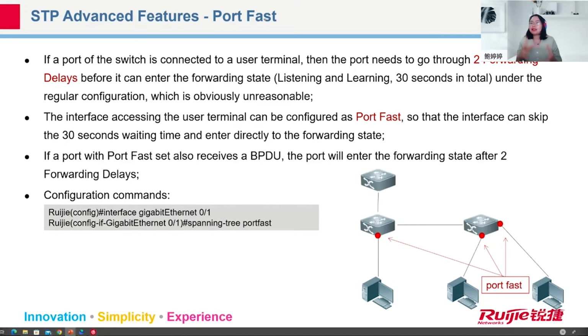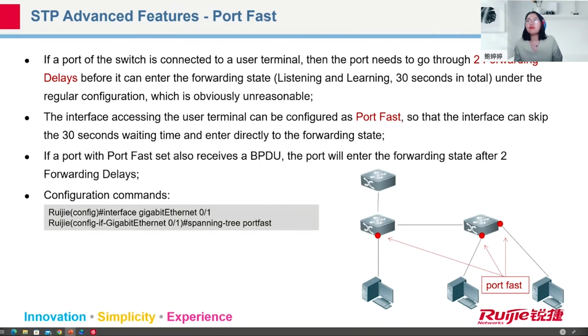Because if you let the interface forward immediately, maybe there is a loop in your network, right? So we have to give so much time to let the devices calculate and finally get a tree to avoid the loop. But in some scenarios, we hope this interface